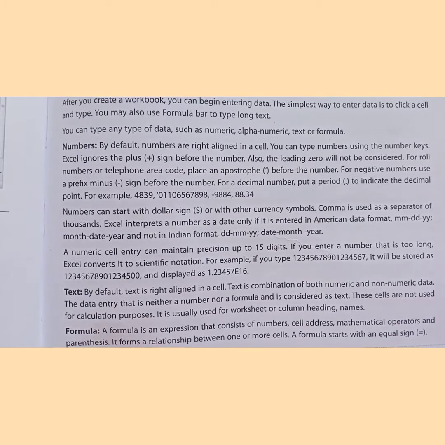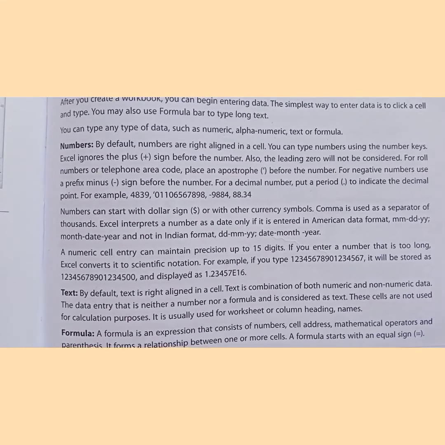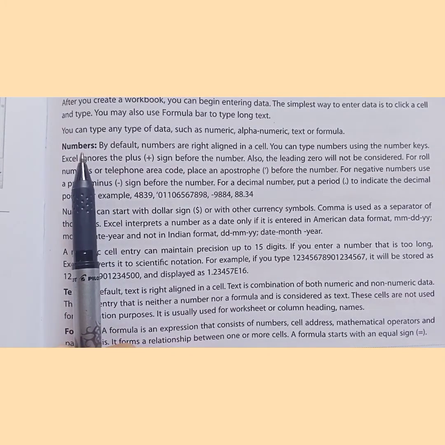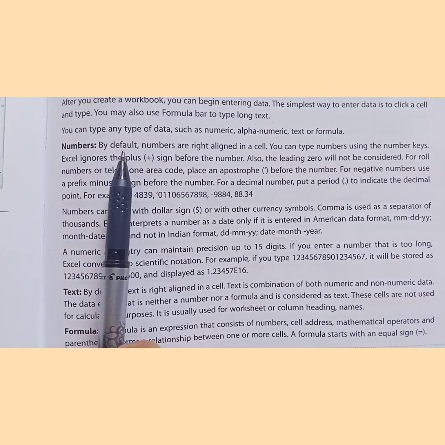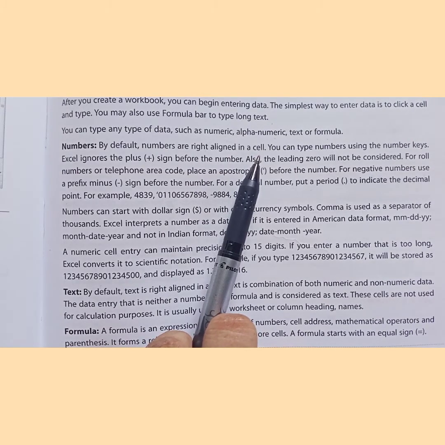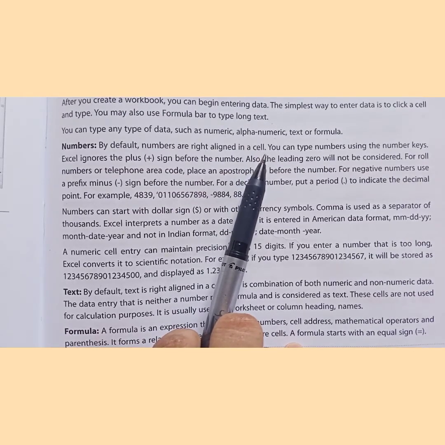There are basically 3 different types of data that can be entered into any of the spreadsheets, may it be your Excel or any other spreadsheet program. The first type of data is numbers. Numbers can be entered in any of the spreadsheets. But when you enter a number, by default all the numbers will get right aligned in a cell. If you wish, you can change the alignment. You can make them left aligned also, center aligned also. But by default the numbers are always going to be right aligned, and we have to use the number keys